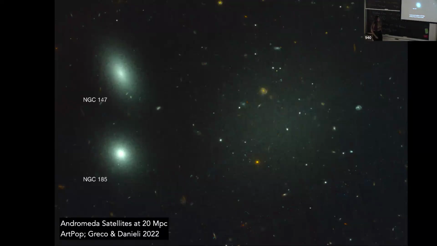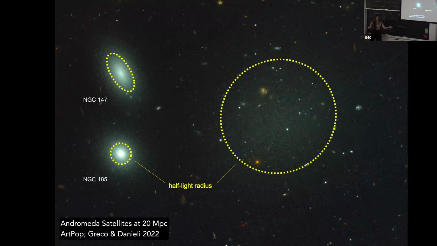And just to illustrate the difference between these big ultra diffuse galaxies, extended dwarf galaxies, and normal dwarf galaxies, I'm comparing two Andromeda satellites, normal looking galaxies, and one of these ultra diffuse galaxies, and they're all placed at the same distance, okay? They all have the same stellar mass, but this one is really big, okay? Really big, by the way that we define galaxy sizes, like half of the light is contained within this circle.